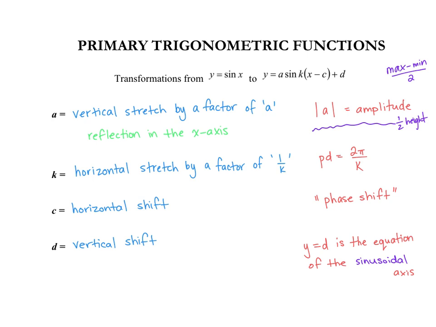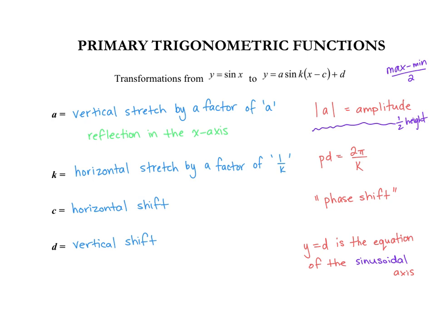We have our horizontal stretch by a factor of 1 over k. And you'll recall from our previous lesson, we have our little friendly formula that's period equals 2 pi divided by k. So that can help us to confirm the period of our function. So how long does it take for one cycle to occur? Our horizontal shift, when we're talking in terms of trig functions, we refer to as a phase shift. And our vertical shift, if we're shifting our graph up or down,